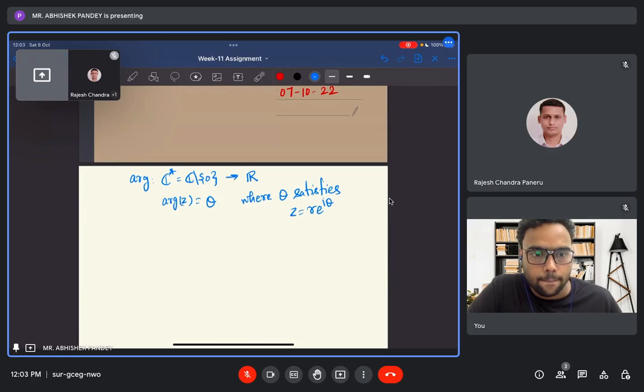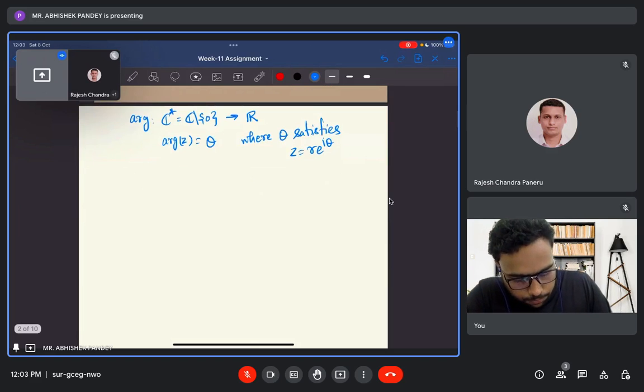All the thetas will differ by 2k pi. So to make it a function, we need to choose unique values of theta. We will restrict to some interval of length 2 pi. You can choose any interval of length 2 pi and fix that the argument of z belongs to that one. So if we choose the interval minus pi to pi,